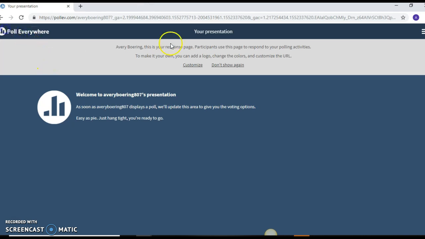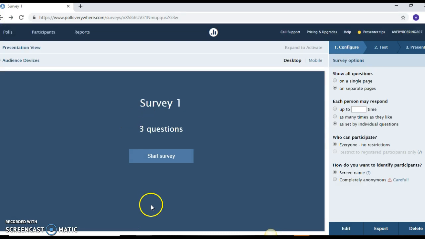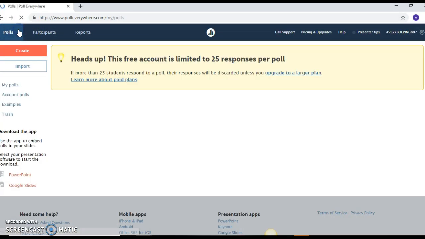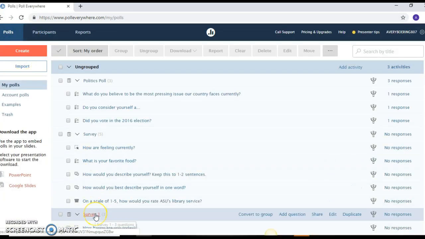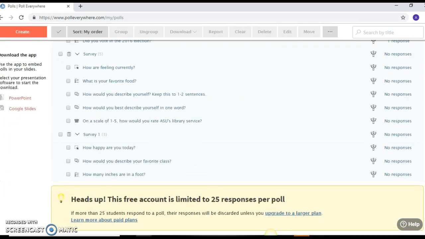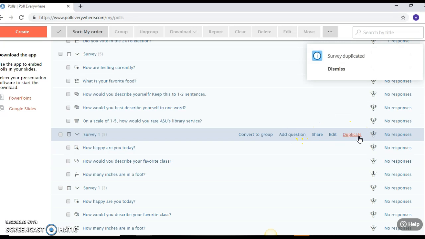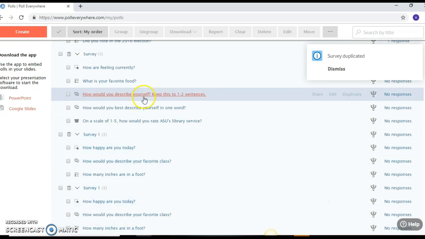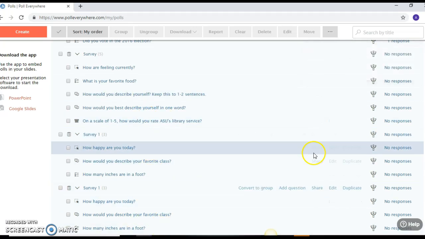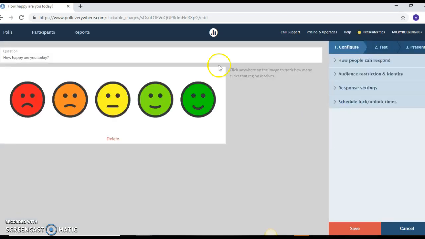So you can go back to Poll Everywhere and you are able to add a question here. So say you forgot to add a question that you wanted to get. All you have to do is just click add a question. You can duplicate it and it will create two questions or two surveys with the same questions. You can share, you can edit the question. So if you are not happy with how you phrase the question,